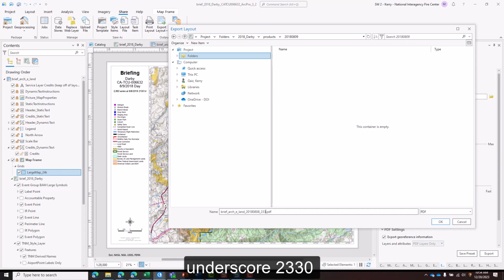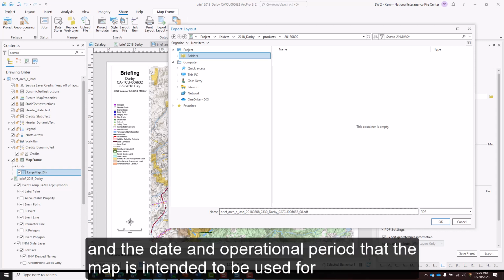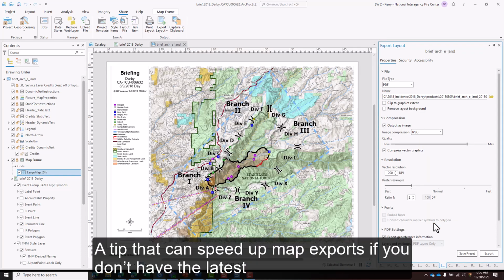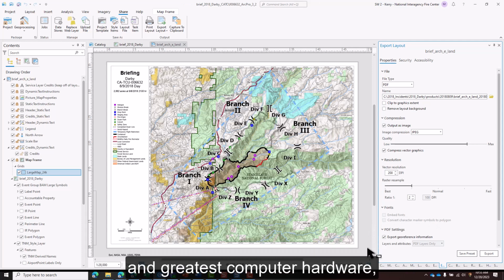2018-0808_2330. The incident name is Darby. The unique fire ID is CATCU 006632. And the date and operational period that the map is intended to be used for is the following day's shift, so 0809 day. A tip that can speed up map exports if you don't have the latest and greatest computer hardware: